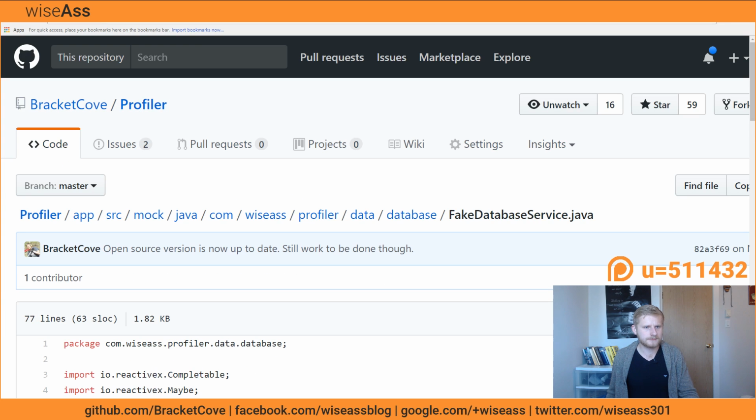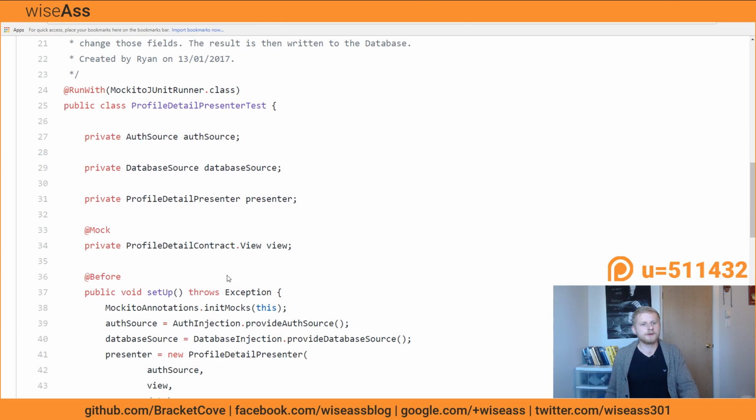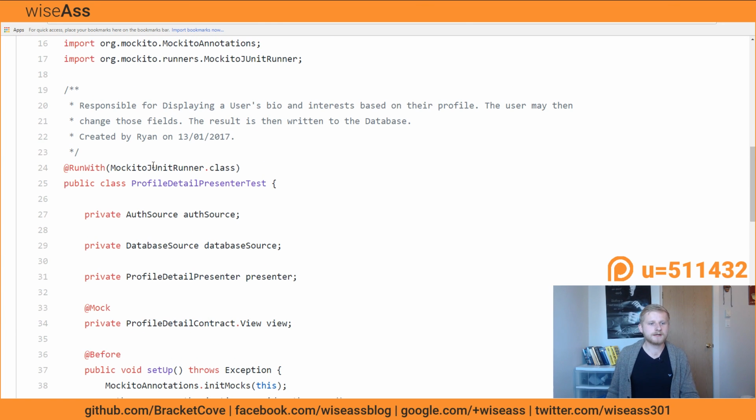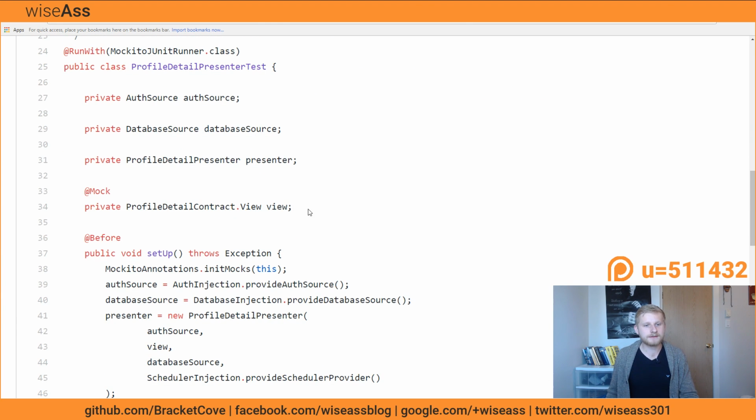I think so. Yes. So in this case, again, we're using Mockito, and I still mock the view. So when I think about mocks, I'm generally thinking of objects which are simple and I can expect them to behave in a pretty consistent way.